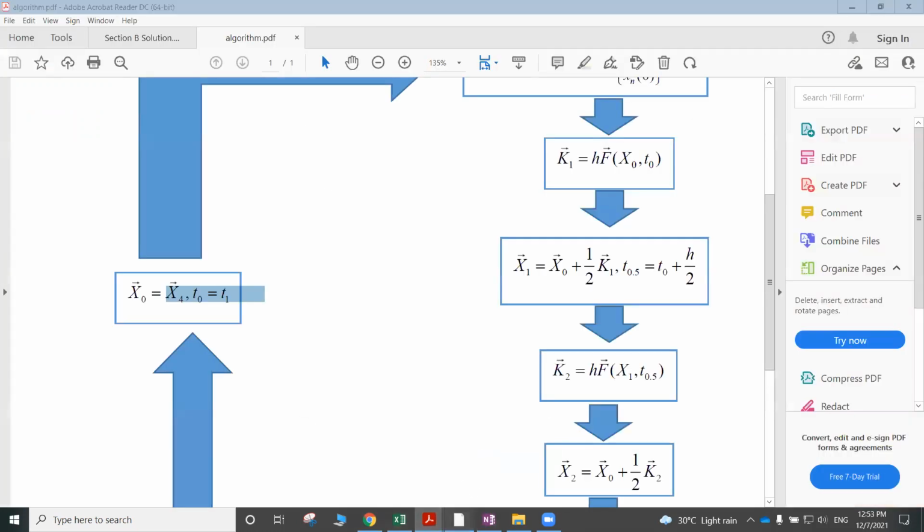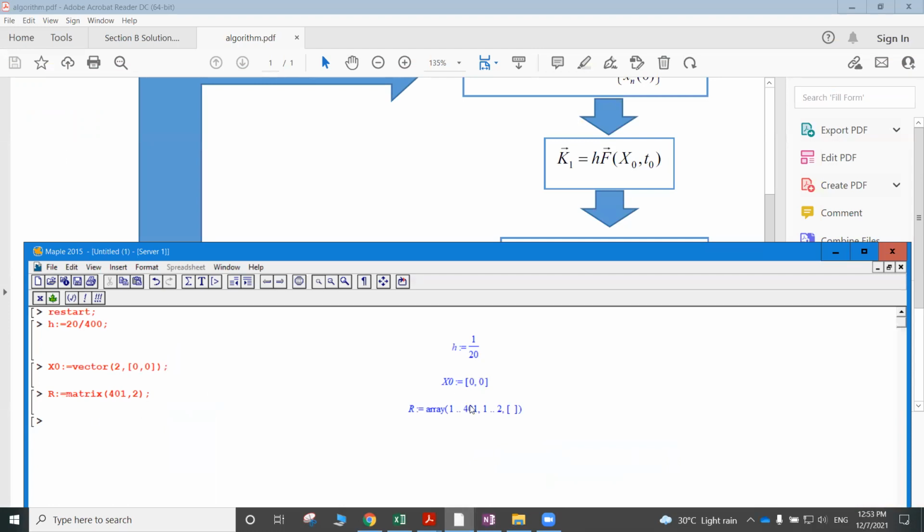So let's go back to the program. So this is the matrix R. Let us start. If I need any other parameters, again we can go back and define it. So I use the for loop in Maple. For this purpose, I use exactly this method. First you should write for, space. We need to define an index. I use I, which starts from 1 to 400, and during this procedure the Maple should do,